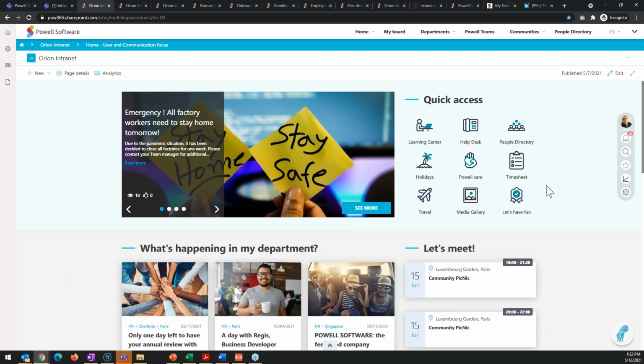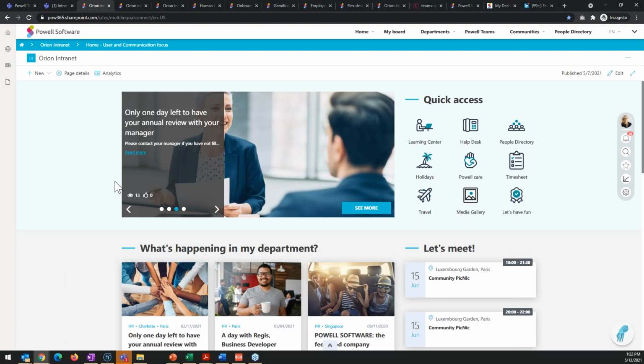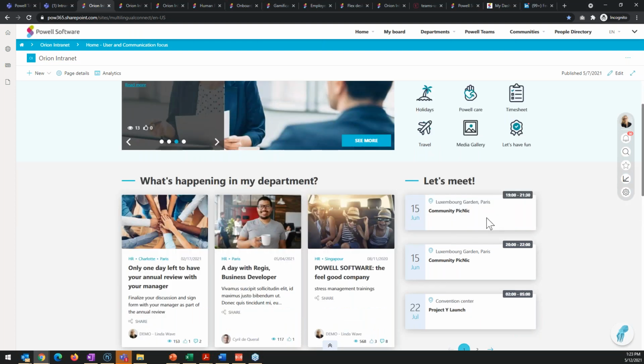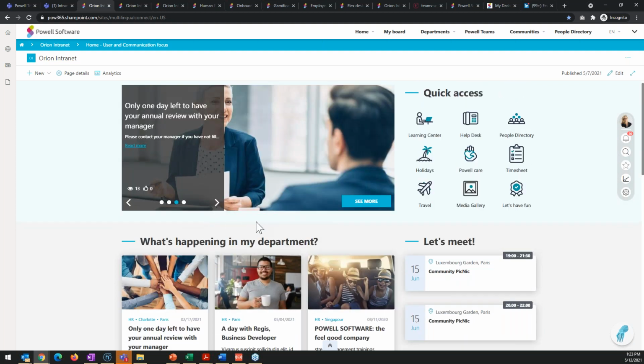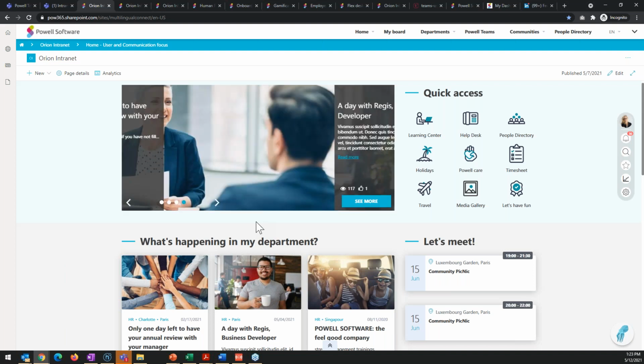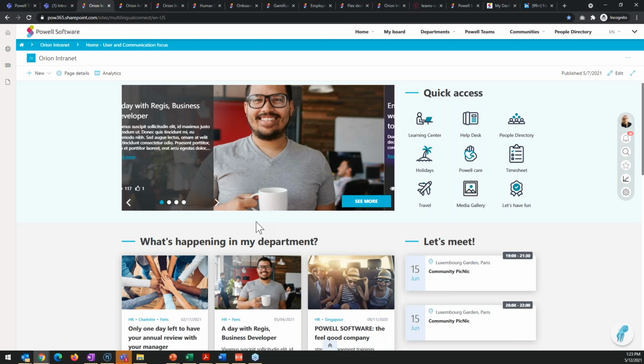This is something you need to keep in mind: what you will see here is a demo environment, so everything you will see is completely out of the box. Obviously, it's not SharePoint out of the box, but Perl out of the box, which means that everything you see here is based on templates that can be customized. Whether in terms of branding and design, or even configuration and positioning of the different web parts you're seeing on this screen, everything can be changed, of course. That's why we work with local implementation partners, such as Prometix, because they are here to help you configure your intranet the way you want it to work, using technologies like Perl software.